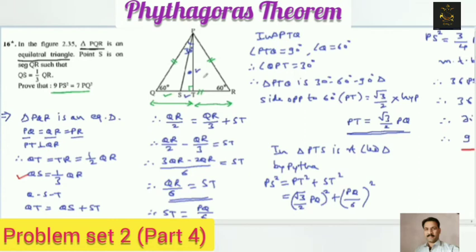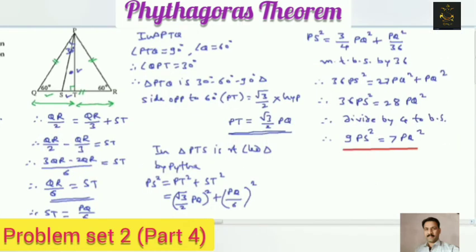Again in this triangle PTQ, using 30, 60, 90 we'll find PT. Then in the small triangle using Pythagoras we'll find this PS in terms of PQ. So that is the answer. Here we'll find PS in terms of PQ. So by dividing both sides by 4 we'll get this answer. Friends, observe here, try to concentrate and try to solve yourself also. Keep the book in front of you always, because all these are very important examples, 4 marks examples, friends.